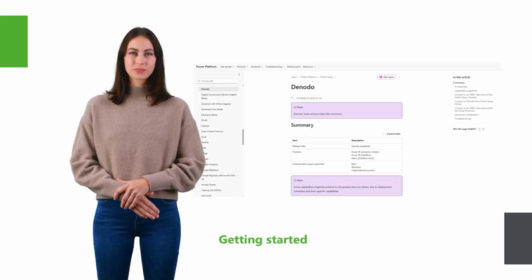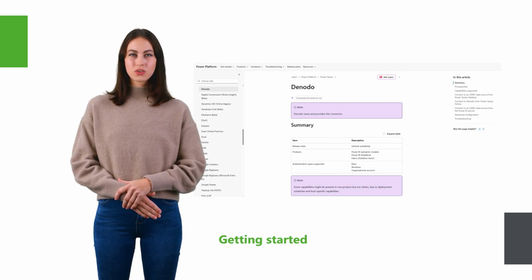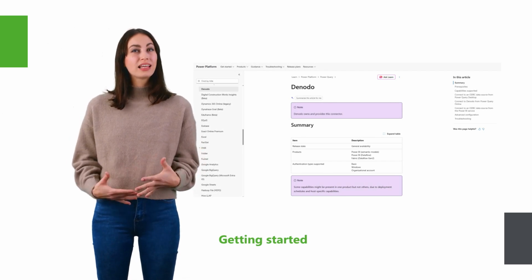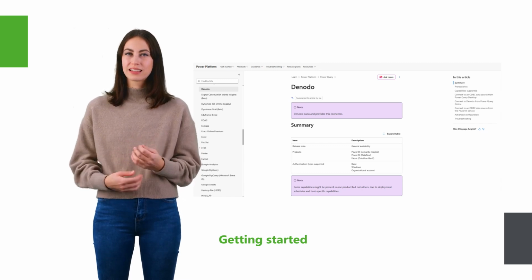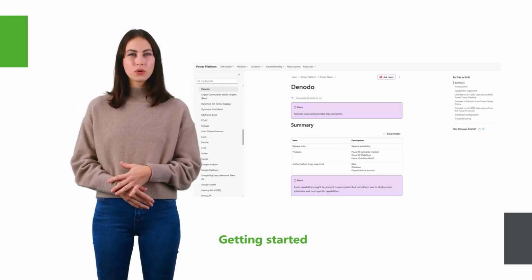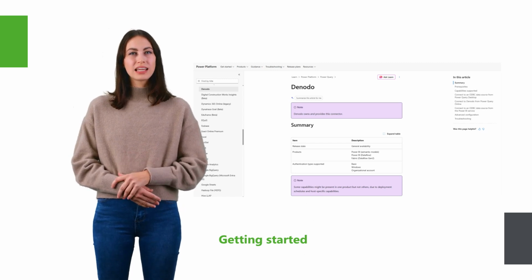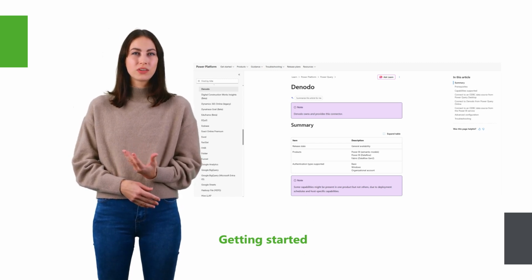Getting started. To use the feature, ensure your Denodo environment supports Entra ID token validation and that your data gateway is up to date. Then, enable the required SSO settings in Power BI and bind your Direct Query semantic model